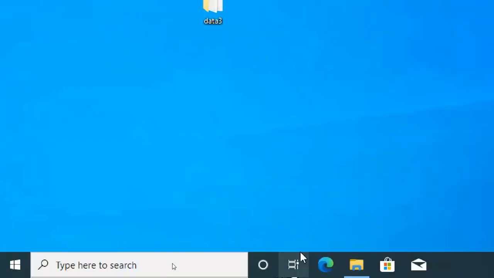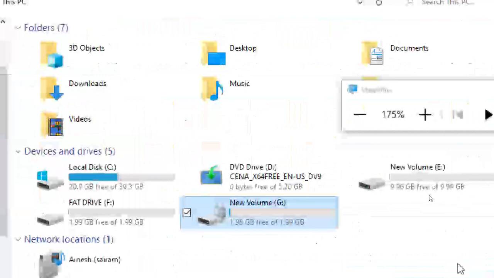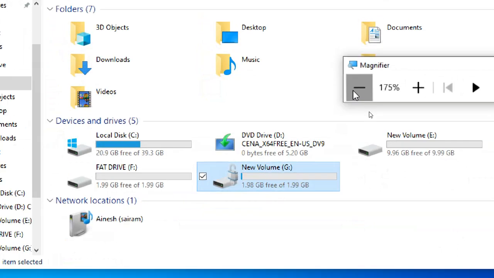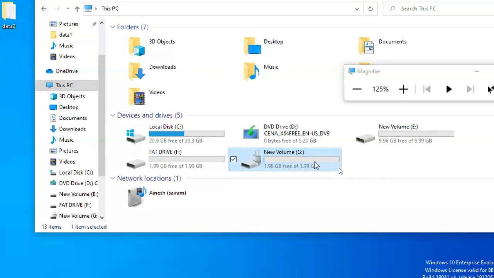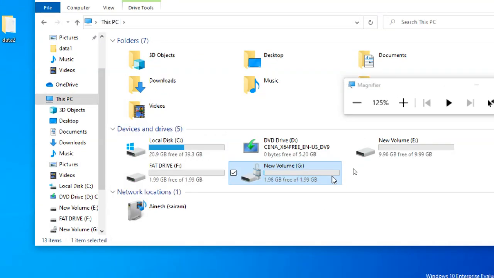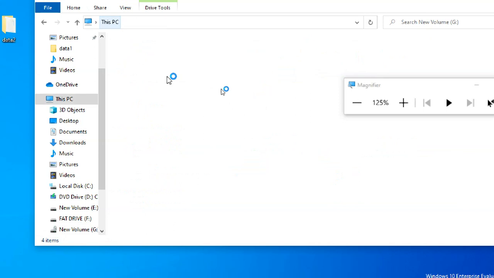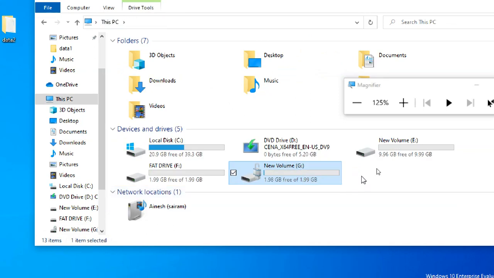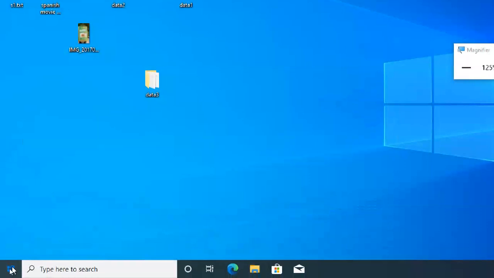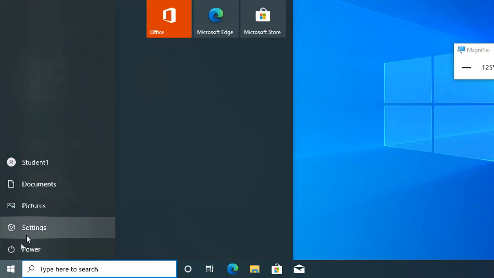So I close the control panel. I'm going to this, and if you see, this is the Z drive. It has a lock symbol. I'm opening the Z drive now. I can access it, but it is not asking for a password. Why? Because we need to restart the PC. If you restart the PC, then only it will get locked. If it is not locking, then there's no protection, right? So we have to restart the PC. Compulsory restart.